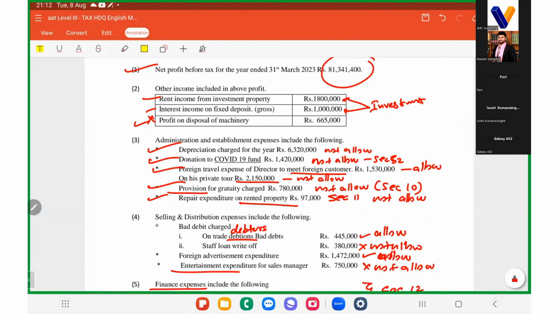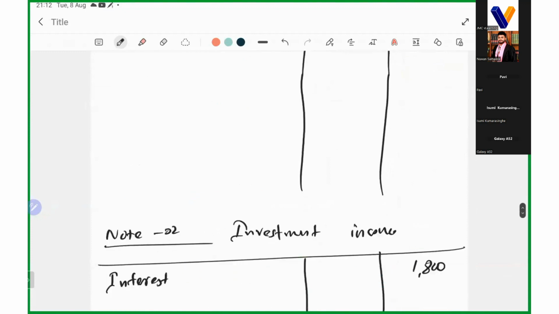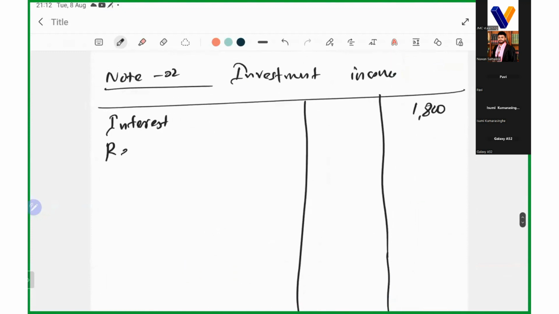The repair expenditure, you know that is not allowed. But you can get that repair expense under where? You can get it under the investment income. So how much is the rent? 1,800. Here 1,000. So you can get